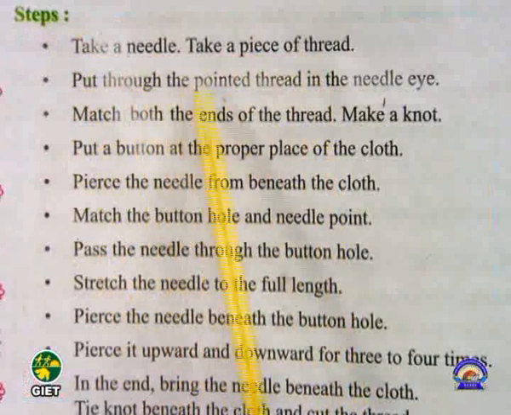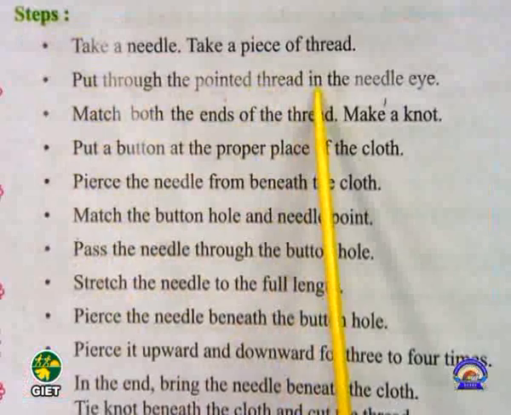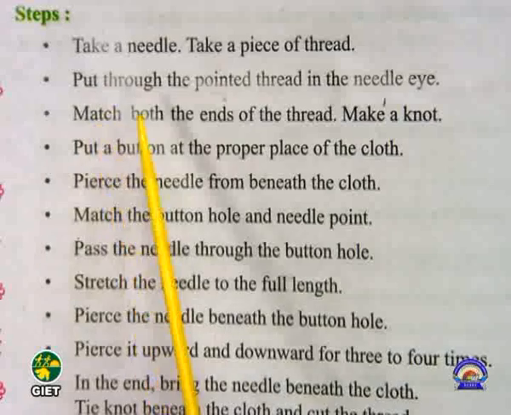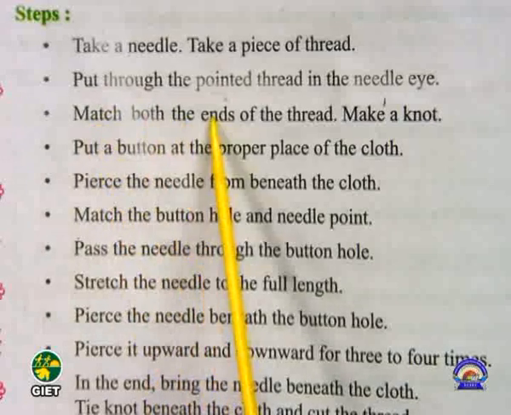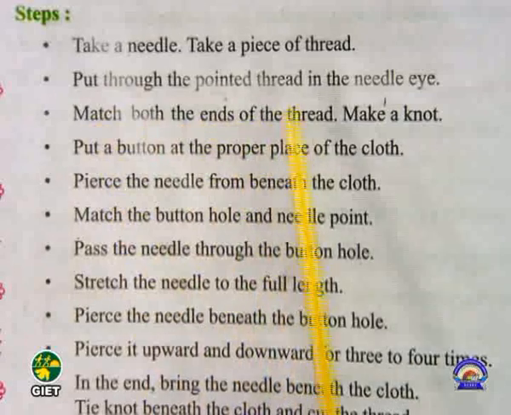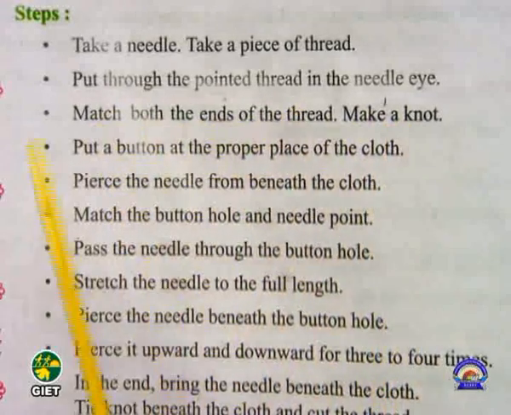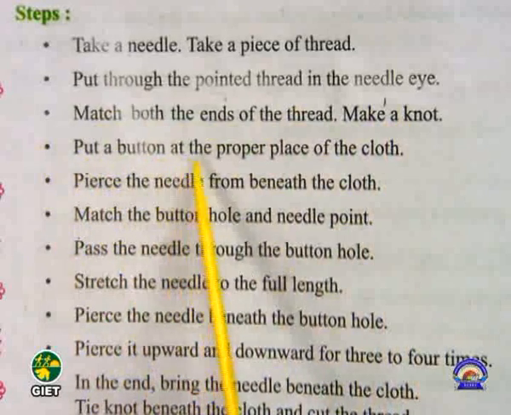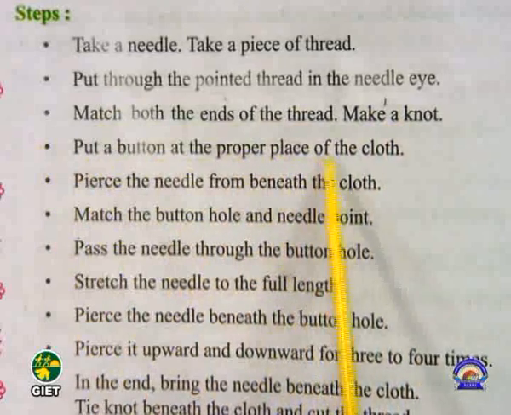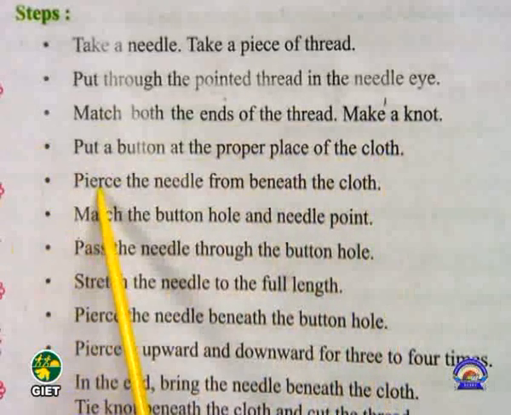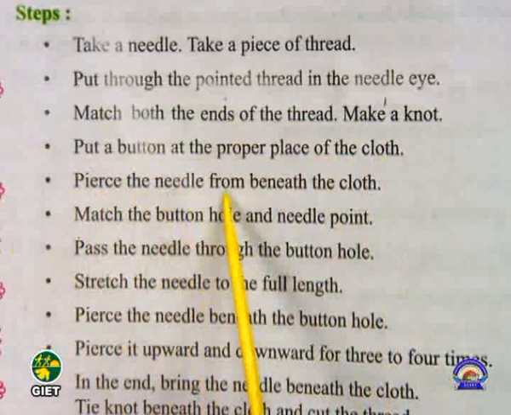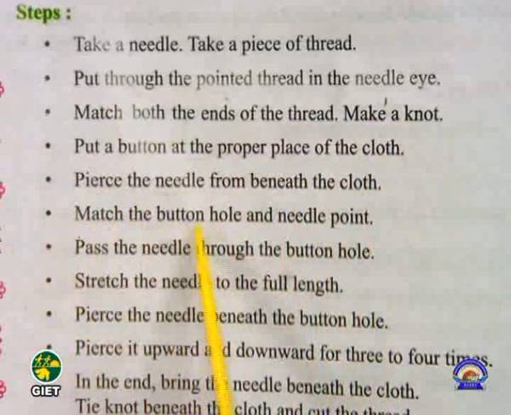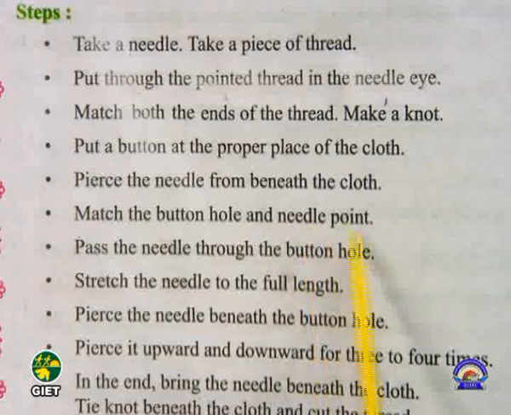put through the pointed thread in the needle eye, match both the ends of the thread, make a knot, put a button at the proper place of the cloth, pierce the needle from beneath the cloth, match the button hole and needle point,